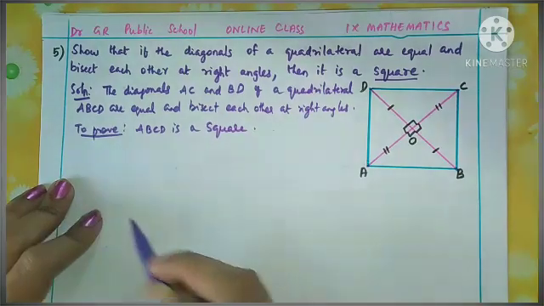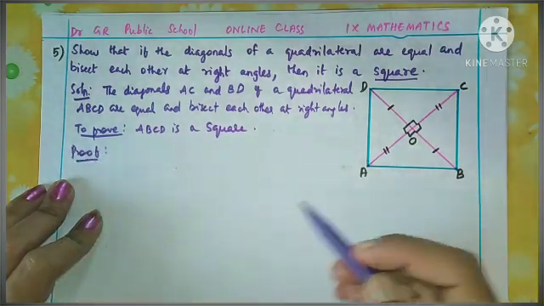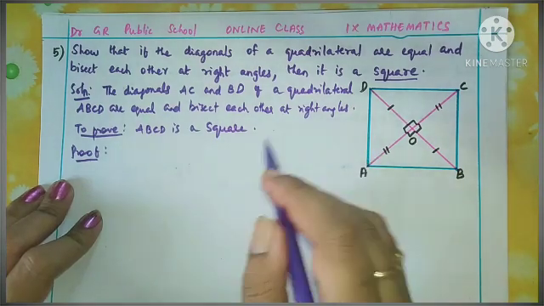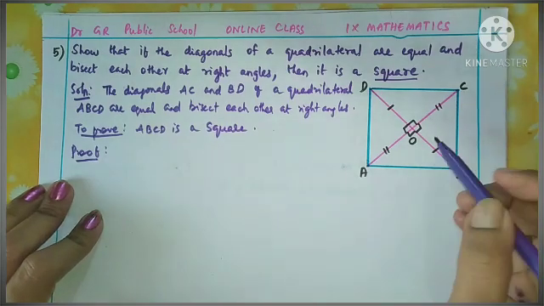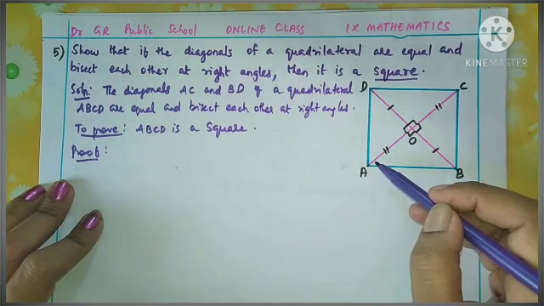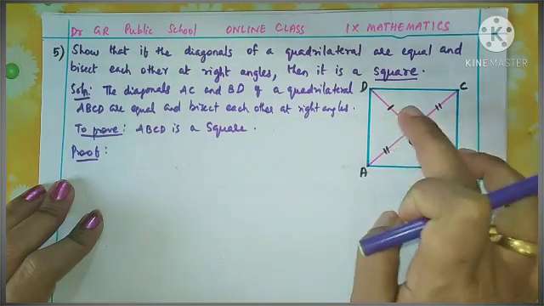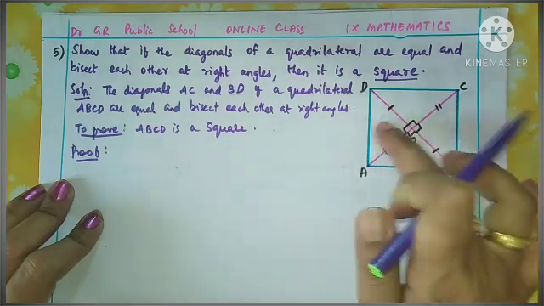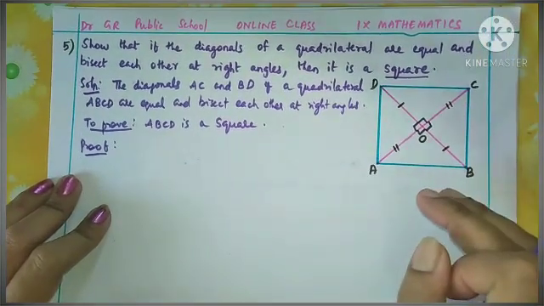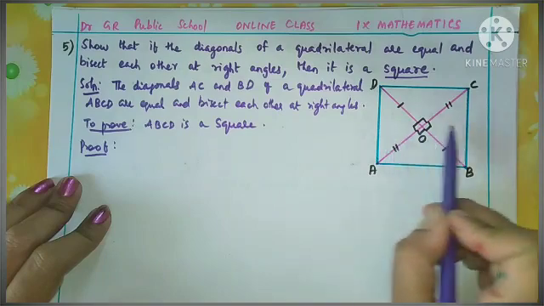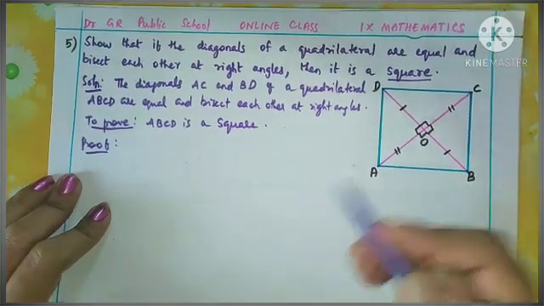Okay, yes. So start the proof. As usual, we are going to consider two triangles and apply a congruency rule. So now we are going to consider the two triangles OAD, this triangle, and OCB. Okay, we did this in the previous problems also, so you got some idea. We are going to consider these two triangles and collect all the common parts.